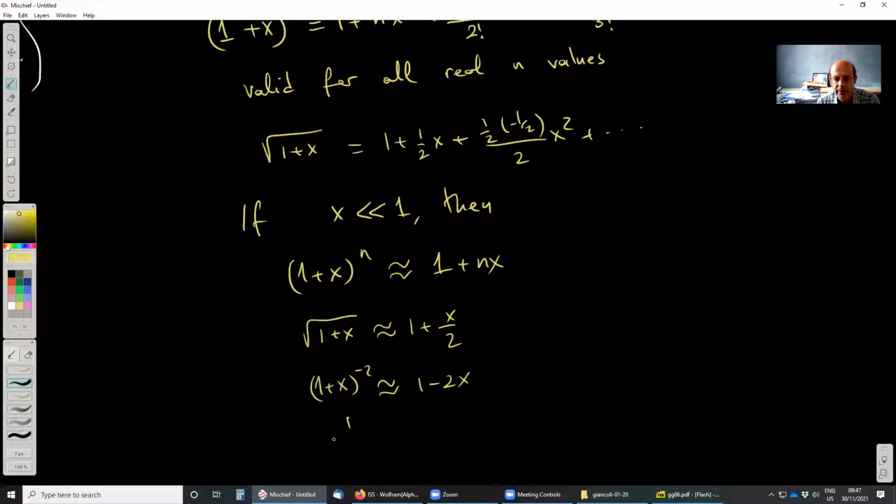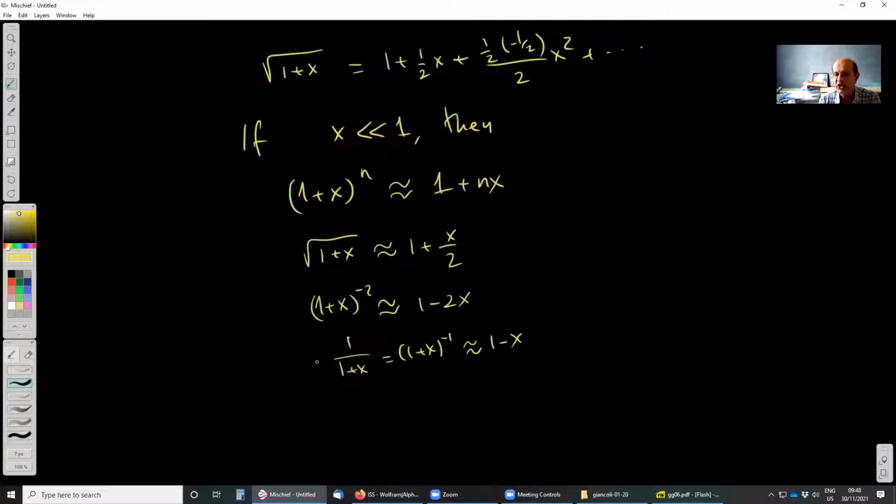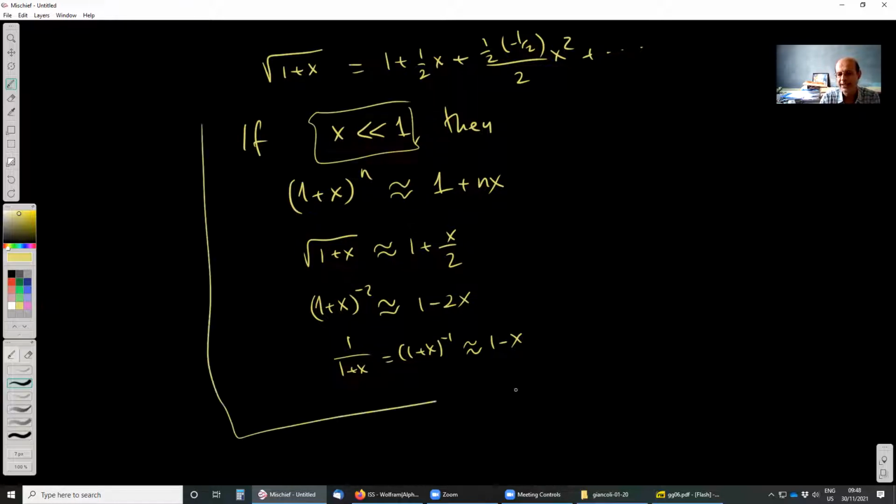Or, for example, 1 over 1 plus x, which is 1 plus x to the power minus 1. That can be written as 1 minus x. There are these kinds of expressions that we are going to meet a lot in physics. And as a result, by using the first term of the binomial expansion, provided that this is the case, of course, that's important,